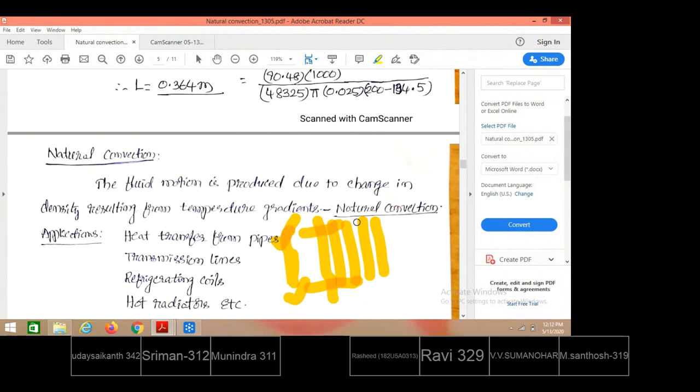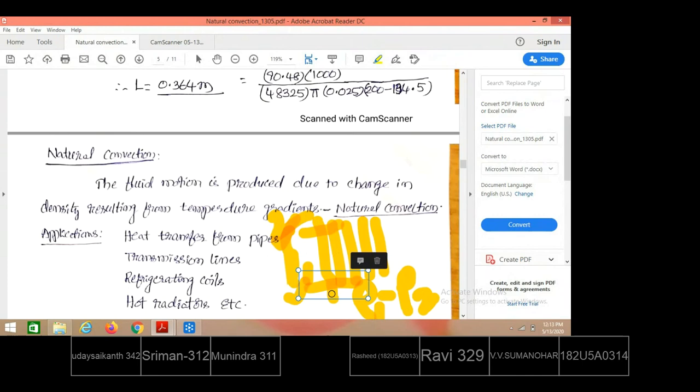Instead, between two points of a contact surface, by creating a temperature difference, a density difference is also attained between the molecules. The molecules at this level are at different temperatures, therefore there is a net density difference. Suppose this is section 1 and this is section 2. Between section 1 and section 2, there is the density difference rho 1 minus rho 2. Having a density difference, a net force is created, and from these molecules to the bottom molecules, that is how the natural circulation or momentum is established.